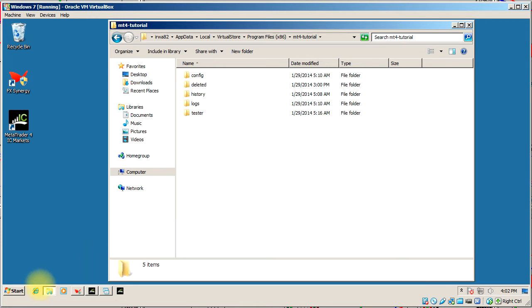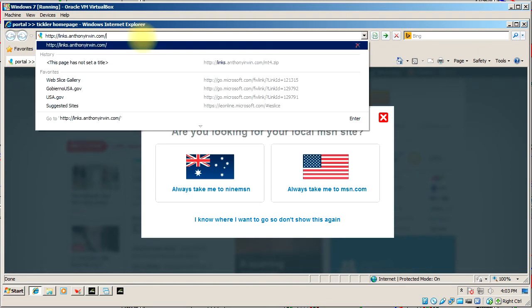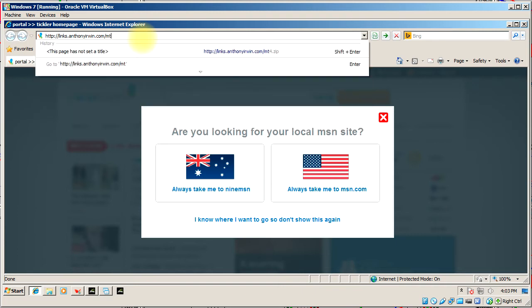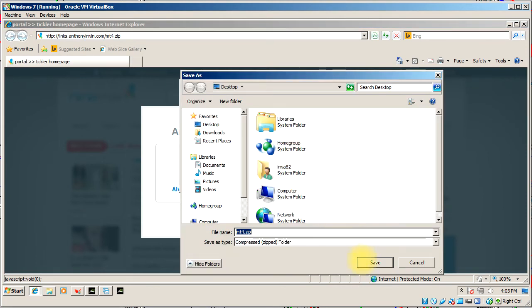So now we want to bring up a web browser, and where I've pasted the download is links.anthonyowen.com/mt4.zip. When you go there, it'll ask you if you want to download it. Now, by the time you watch this, I may actually have a web page with the download links underneath the video, so that may make it easier for you, but right now I'm just covering all my bases. So then we just want to save that file. I'm just going to save it to the desktop,